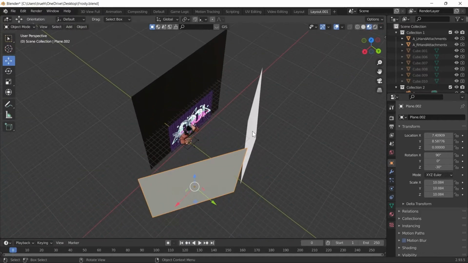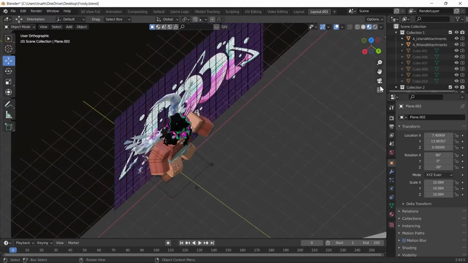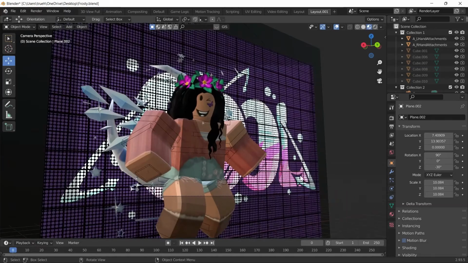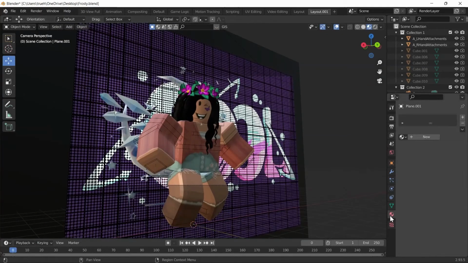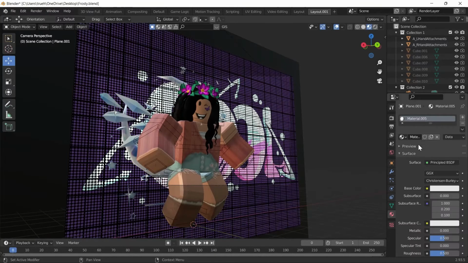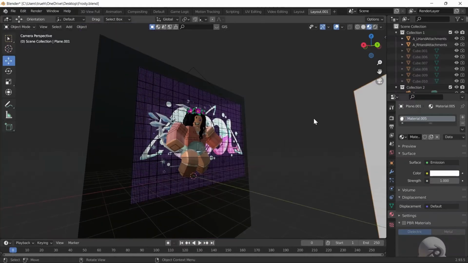Okay, so let's make this emission surface. Go to material properties, select the plane, go to material properties, click new, and in the surface change it to emission,